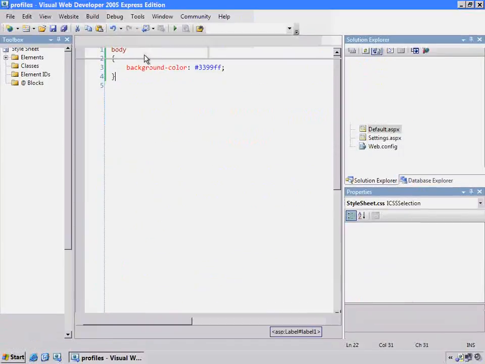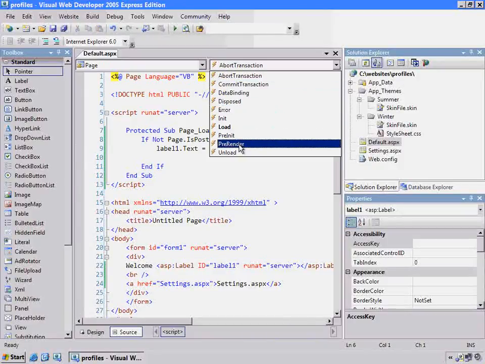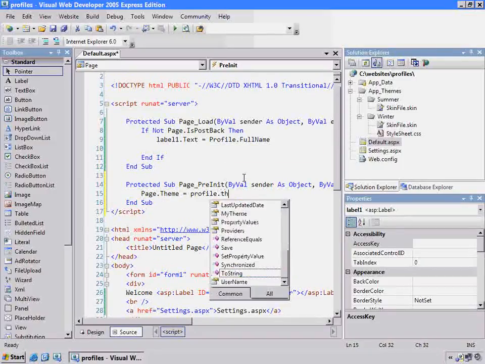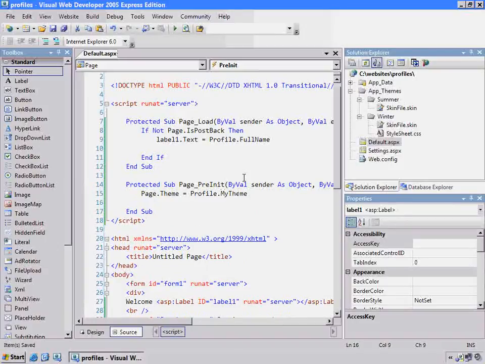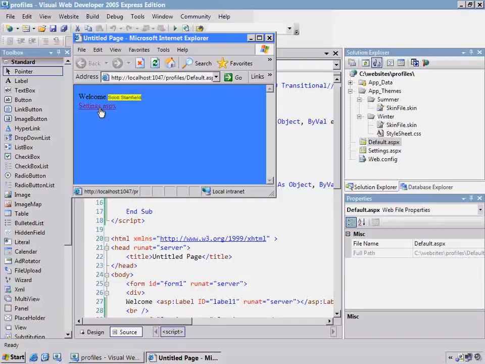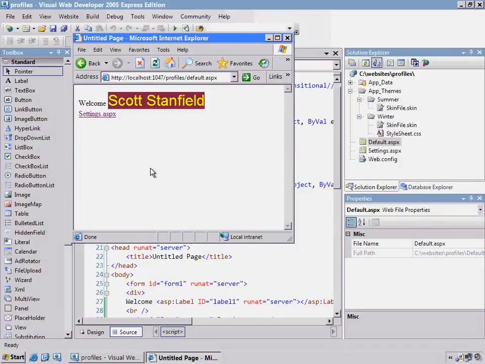So the final bit of code I need is in default.aspx. I need a new method that's part of the page class called PreInit. In the PreInit method, we simply need to set our theme equal to the profile theme. And that's it. So let's view this. And go into settings and we'll choose summer. And there you have it. So we have a nice little profile that stores our full name and the theme. So although these two pieces, these two new features in ASP.NET, don't really have a whole lot to do with each other, you can see you can tie them together and have a very nice